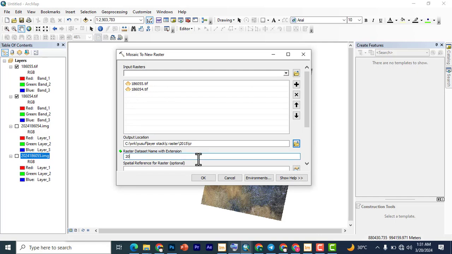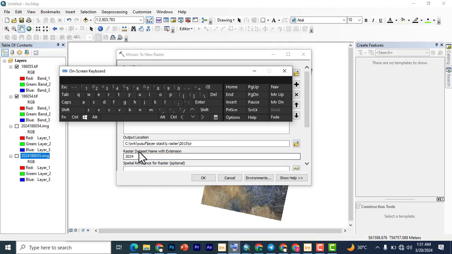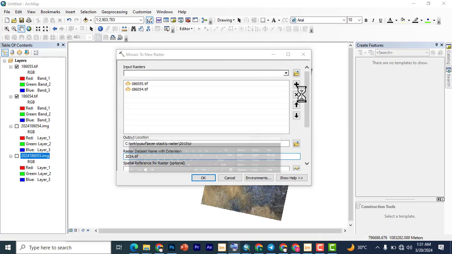So we have 2024. Then we bring up my on-screen keyboard. So we have .tif. Alright, so